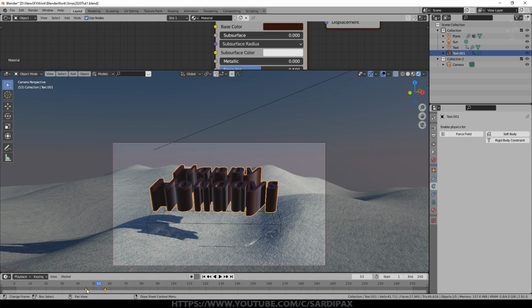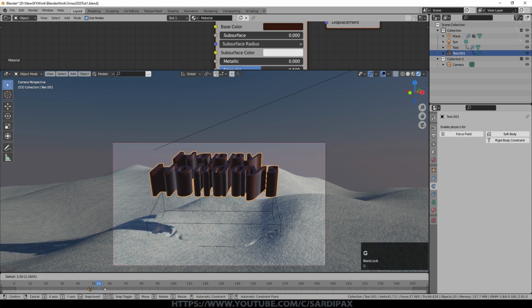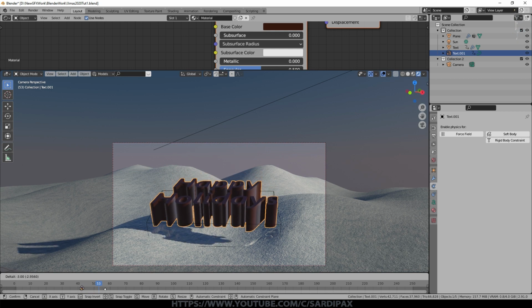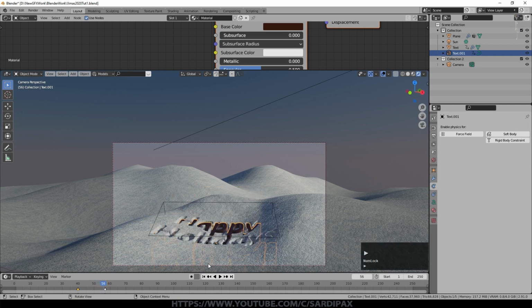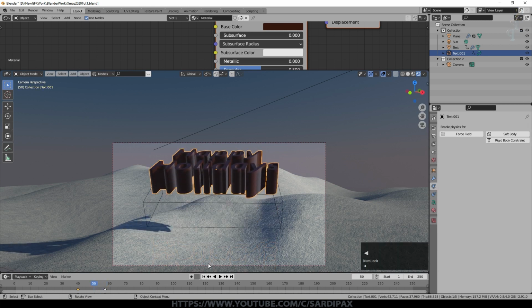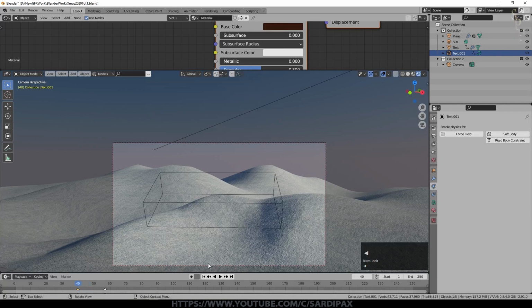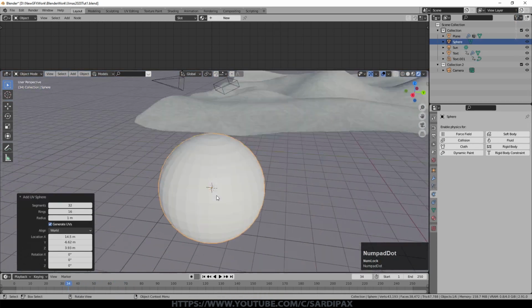So we can advance that by pressing G there and just bring that back. So that's effectively getting it to fall more slowly, and you can see it just about there now. If I now use the arrow keys, you can see that seems to work quite well now. So let's just let that fall, and that's looking pretty good now. So that's our text. Let's just quickly create a Christmas pudding.